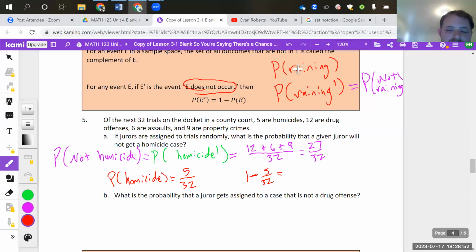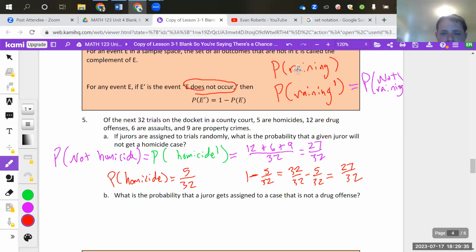So if you had a calculator, that would be a decimal. So don't get too tripped up with the fraction work here. But if you had to subtract those, 1 is the same thing as 32 out of 32 minus 5 over 32, which again is 27 over 32. So in this scenario, it made more sense to do the purple because we can count a lot quicker, and we'd rather do that than subtract fractions. But the red, especially if it's a decimal, is a lot less intimidating and way quicker in other scenarios. So if we look at part B,